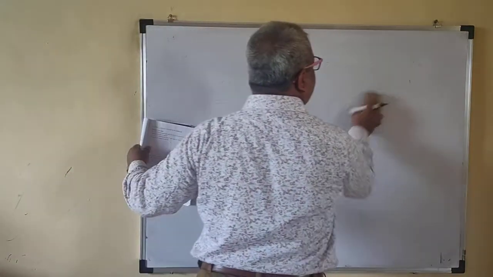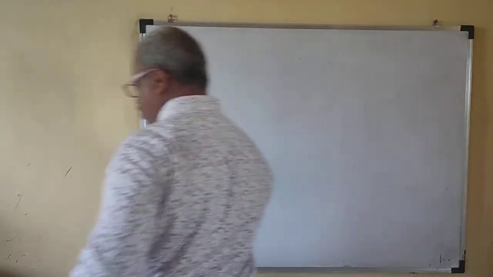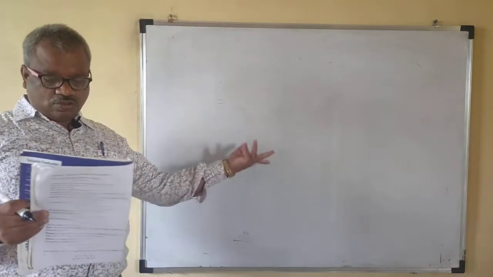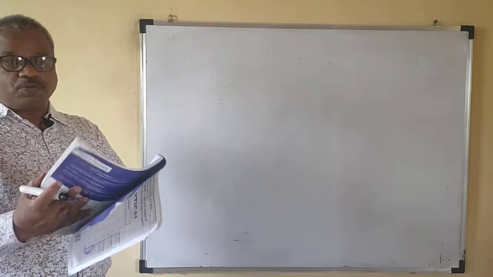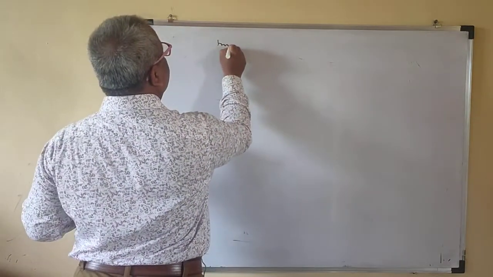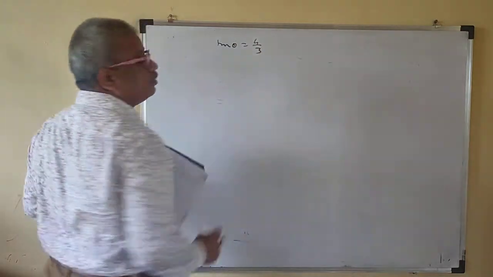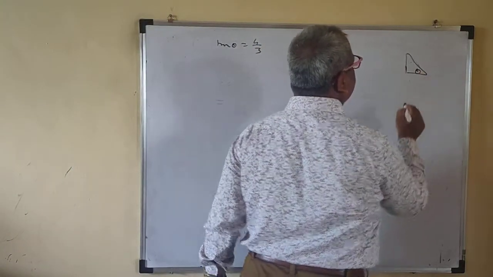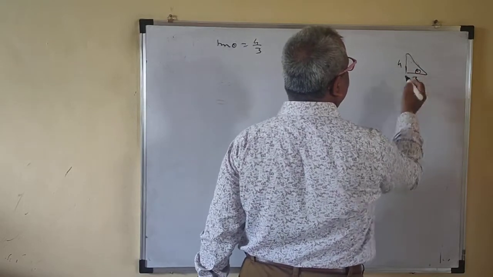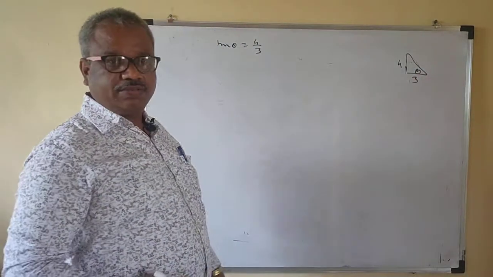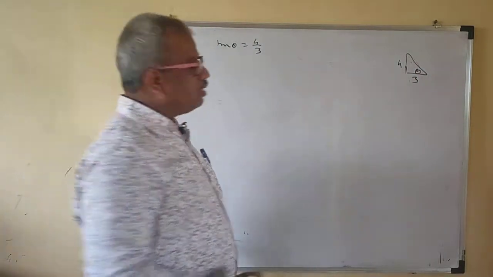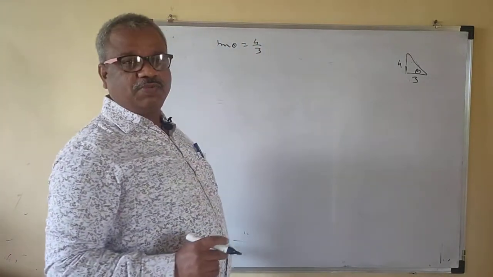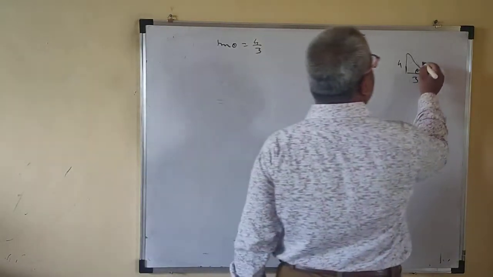You just have to put the value of sin theta and cos theta properly. The options are given to you, and you have to choose the correct option by putting the values properly. Suppose tan theta is provided to you, tan theta is 4 by 3. Suppose this is your theta. Tan theta is opposite side upon adjacent side, 4 by 3. So you can find the hypotenuse from the square of this plus square of this: 16 plus 9 is 25, and the root of this is 5.